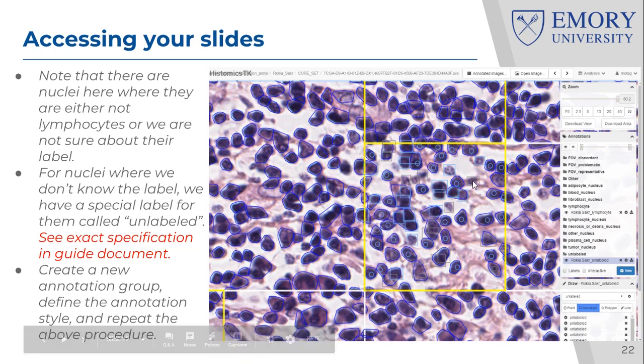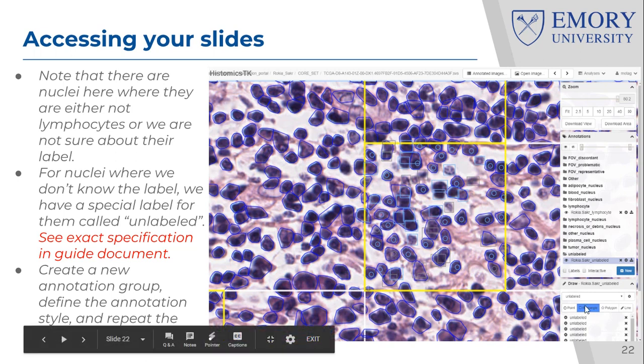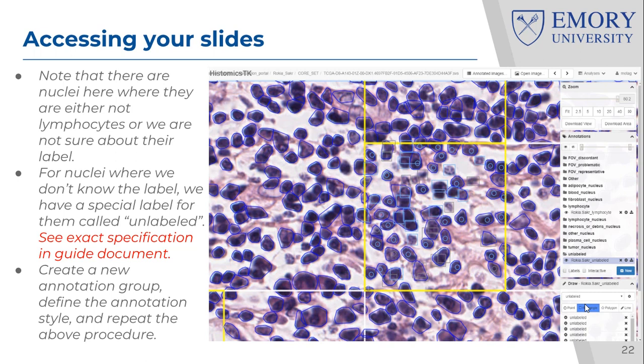And you follow the exact same convention. This is unlabeled. The algorithm didn't even know it existed, so you can just place a rectangle around it. See these gray rectangles? This one, again, the algorithm doesn't know it existed. This one, there are two vague nuclei. Not sure they are lymphocytes, but I don't know what they are, so I make them gray. Again, only use the label unlabeled if you are already confident in your ability and really are sure that these nuclei are vague. In other words, they cannot be labeled in H&E.